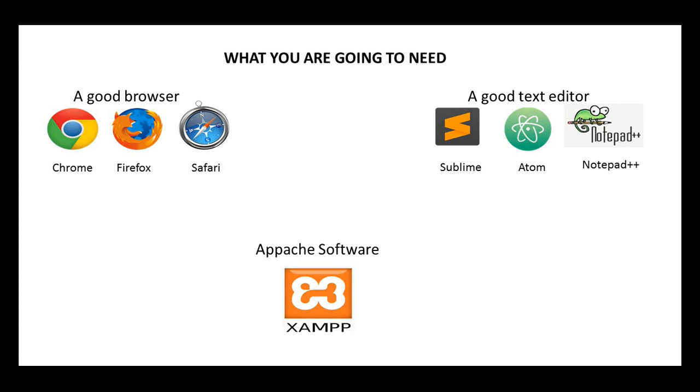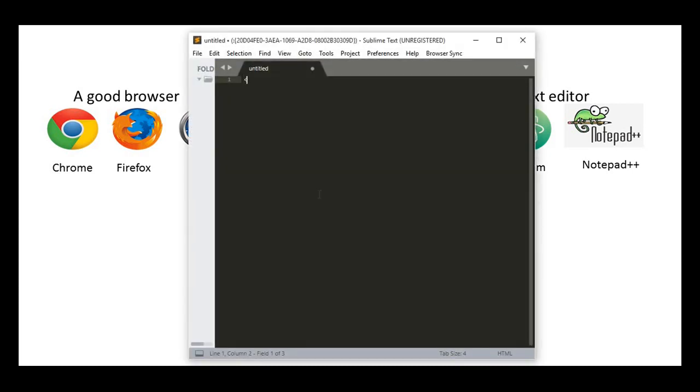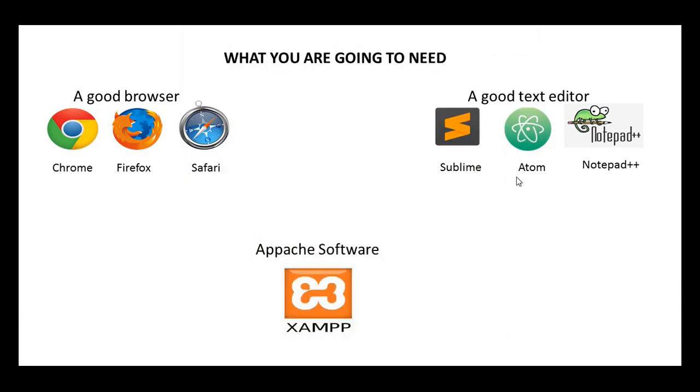Let's take a look at Sublime Text here. As you can see, if I type something like this, it is valid HTML code. It's going to add color to it, and this is what you call syntax highlighting. So if you're having an error, you can go there and figure out, okay, I'm having an error here, and you correct that and align with the colors. So make sure you get a good text editor, and you can also grab Atom or Notepad++, because they're also very good text editors. But as for me, I'm going to be making use of Sublime Text for this tutorial series, so you can go to the description of this video and grab